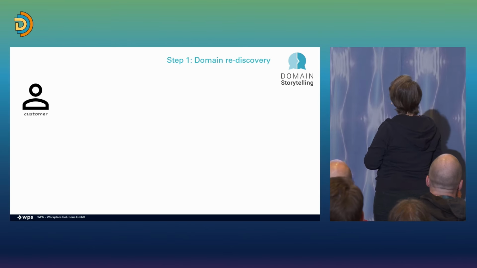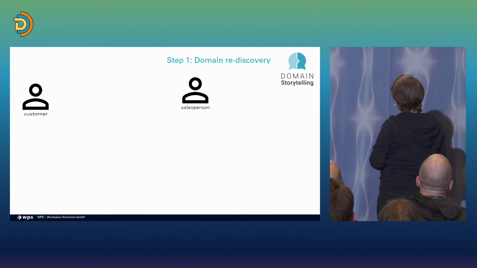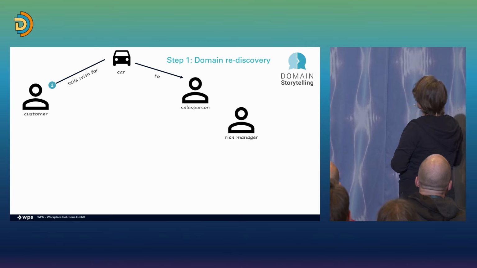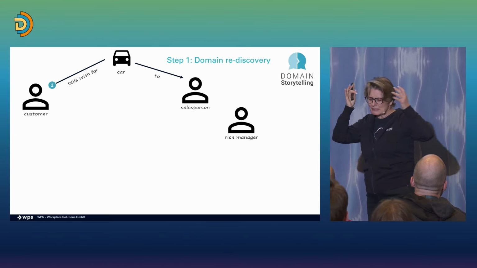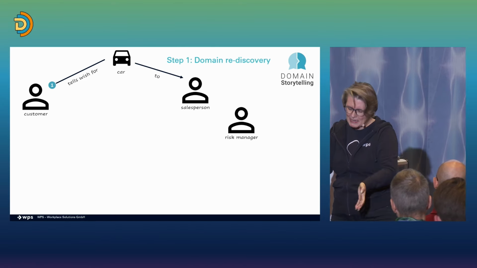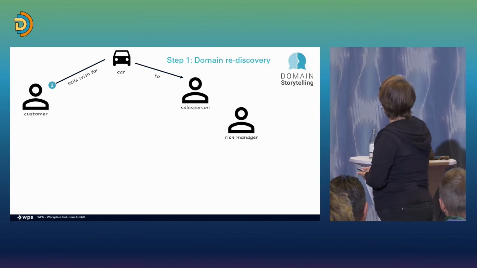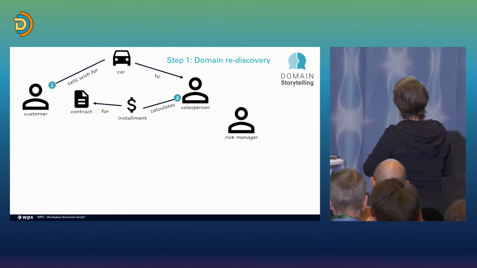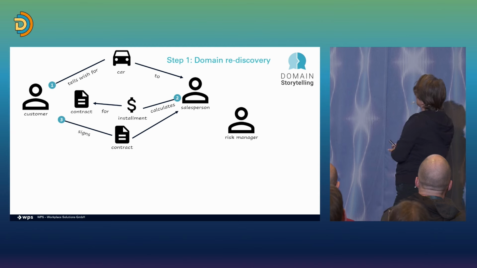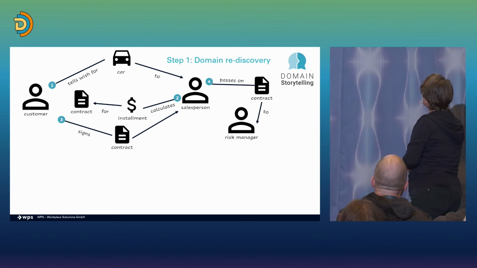This is a process that fits on one slide. This is not how it really works yet, just for the fun. You have a customer, you have a salesperson, and you have a risk manager. And the customer comes and tells the salesperson, I really want this car, this special car. This is what I need. And the salesperson starts to calculate the installment for the contract, and the customer signs the contract,